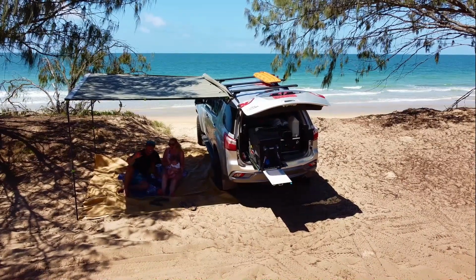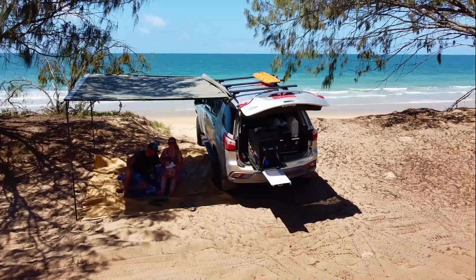So we found this cracking spot just on the ocean here, behind the dunes. Along Kinkuna Beach, there's all these little tracks right behind the dunes, which you can pretty much just explore and find your own little private spot. And it is the weekend, and there's really not that many people here. There's definitely heaps of spots available for you to come and find a nice little private spot and get away